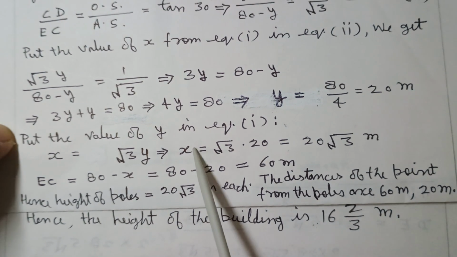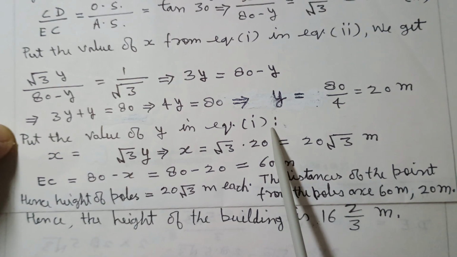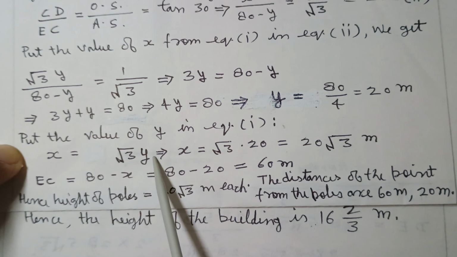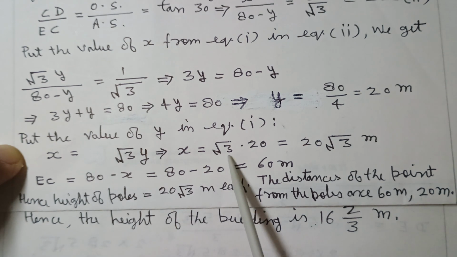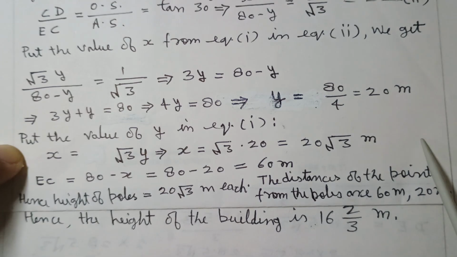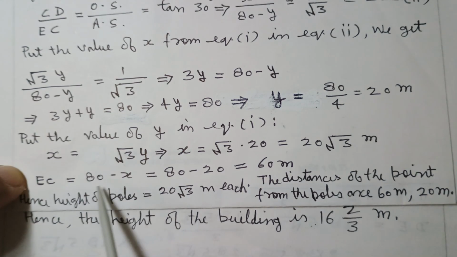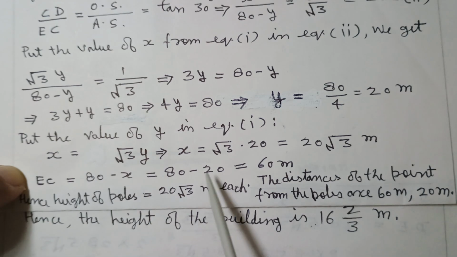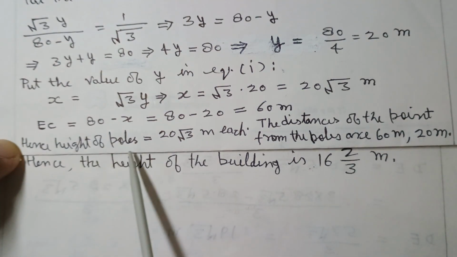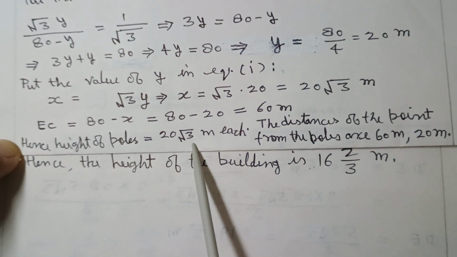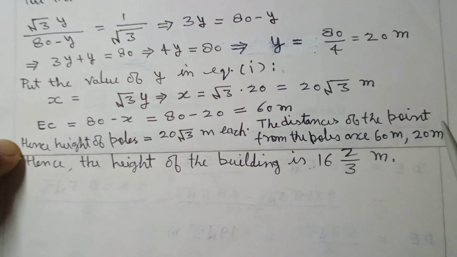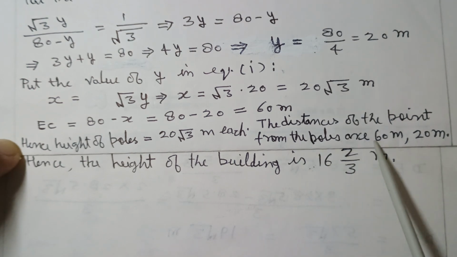Now put the value of y in equation 1. So x is equal to under root 3 y. This implies x is equal to under root 3 into 20 is equal to 20 under root 3 meter. And EC is equal to 80 minus y is equal to 80 minus 20 is equal to 60 meter. Hence, height of poles is equal to 20 under root 3 meter each. The distances of the point from the poles are 60 meter,